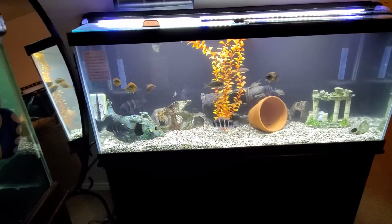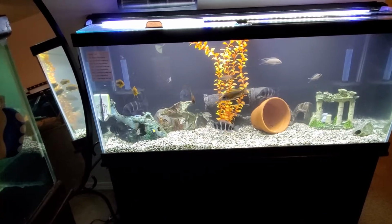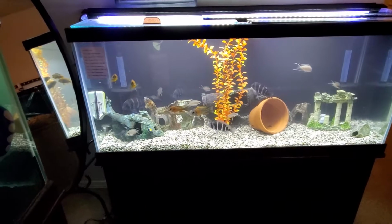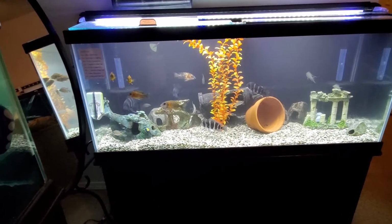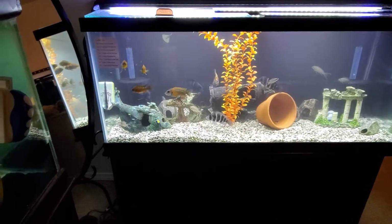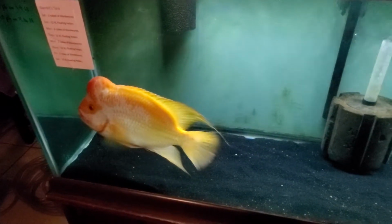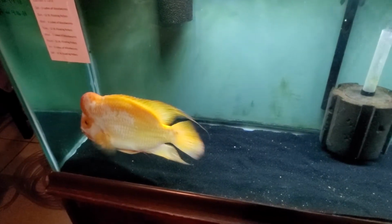I didn't feed today. I'll feed tomorrow. We'll feed them some bloodworms. Just letting everybody kind of chill out. I'm going to turn off the lights here in a minute, and I'll leave moonlights on for everybody tonight, so it's not completely black in their new tank. And of course, Gambit's wanting to photobomb over here and say hi. You can see my hose on the floor. Still doing water changes, but...